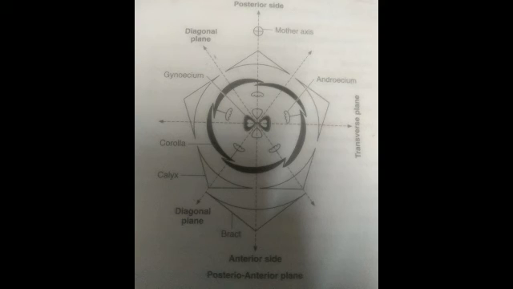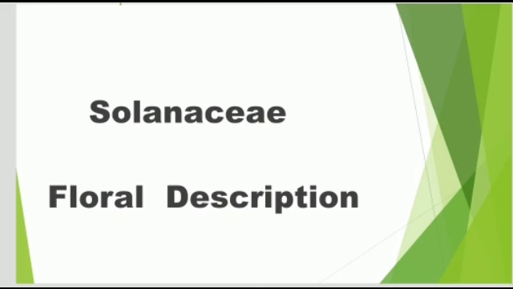So on the different sides, you can easily see the number of calyx, corolla, androecium, gynoecium, whether it is fused or free, joint, everything. It can be shown with the help of floral diagram and floral formula. We are going to study only the floral diagram, or we can say floral description, of the family Solanaceae. Clear? So with the help of flowers also, we can see the different flowering parts.